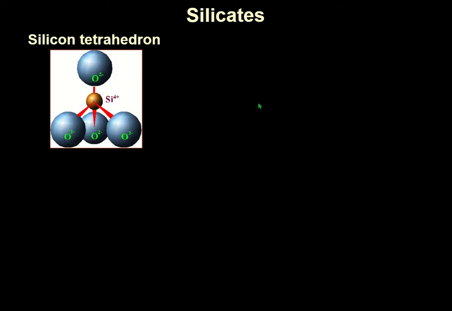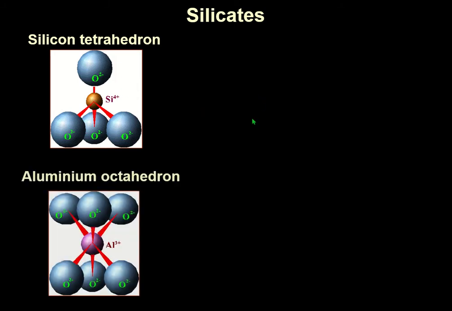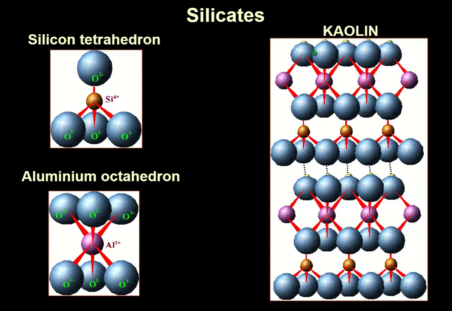But what we're particularly concerned about are silicates known as aluminosilicates, because they will have silicon and aluminium together. See, here's the aluminium octahedron to form the structures. So here you can see this is the aluminium octahedron and here is the silicon tetrahedron. And so these form structures together. And these aluminosilicates include the clay minerals. And this is the structure of the simplest of clay minerals, kaolin.